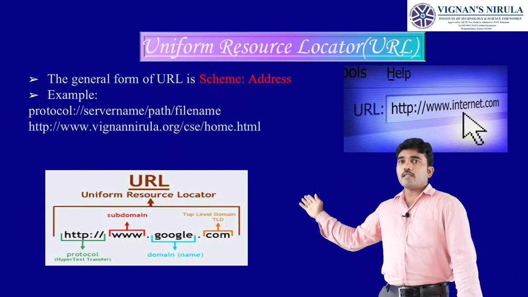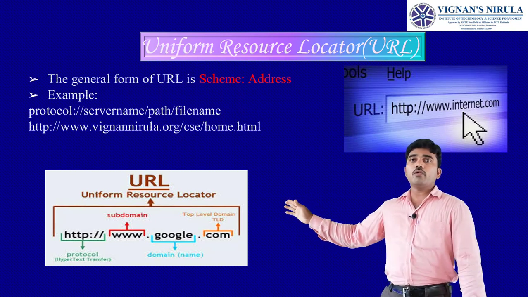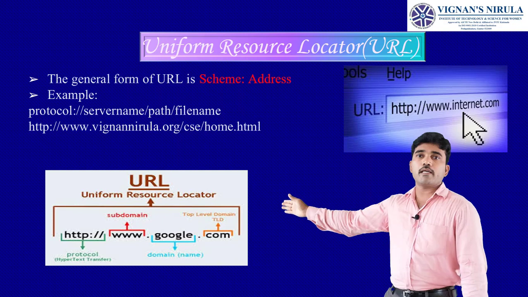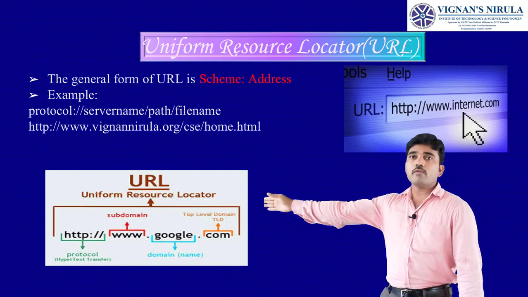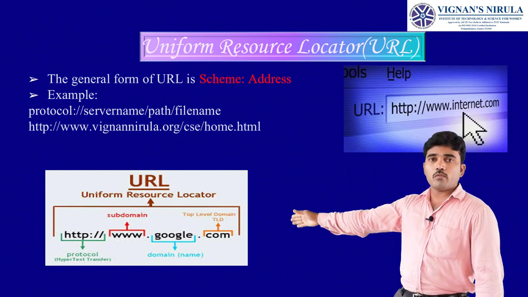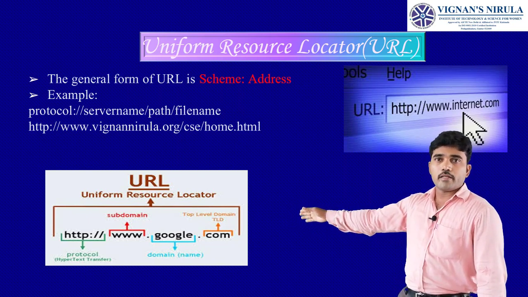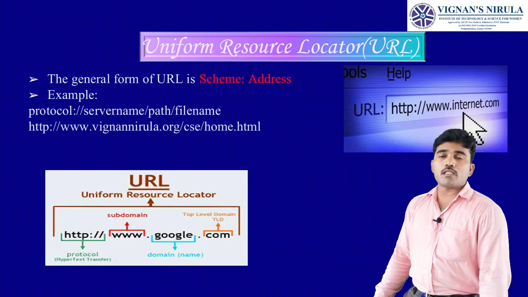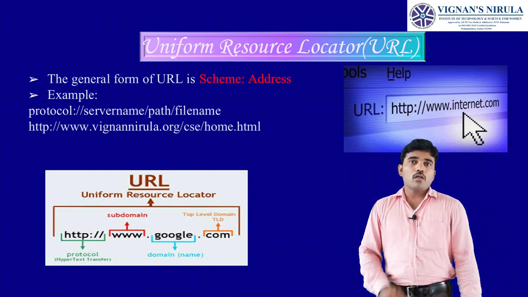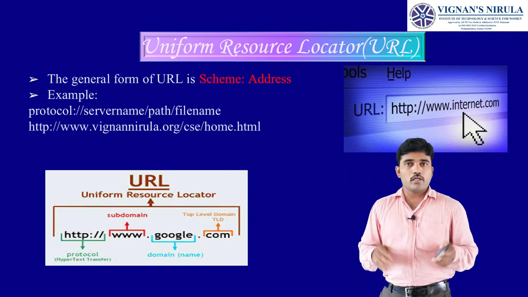And see in this diagram, if you observe the syntax of the URL, the first one is HTTP, which is a protocol, and www, World Wide Web, is a subdomain, and Google is the name of a web server, and the last one is com, which stands for commercial, a domain name. And that is all the basic things regarding the URL.